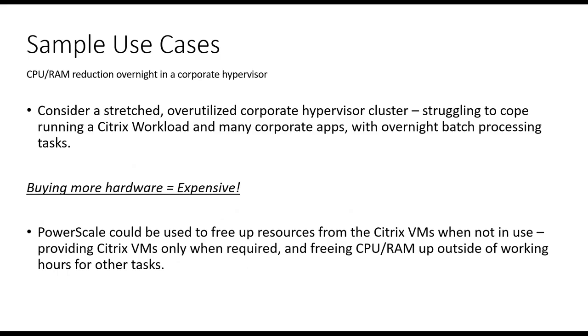CPU and RAM contention. A lot of organizations, well, ones that I've had experience with, are doing a lot of robotic automation, and they have machines and VMs running overnight performing tasks, and they usually need a little bit more grunt. So rather than buying more hardware just for those use cases, out of hours you could shut down your on-prem Citrix servers and spin up your robotic automation servers. Run 2 instances of PowerScale, have one shutting machines down and the other one spinning them up at roughly the same times, and make sure you're getting the most out of your tin without having to buy anything else.